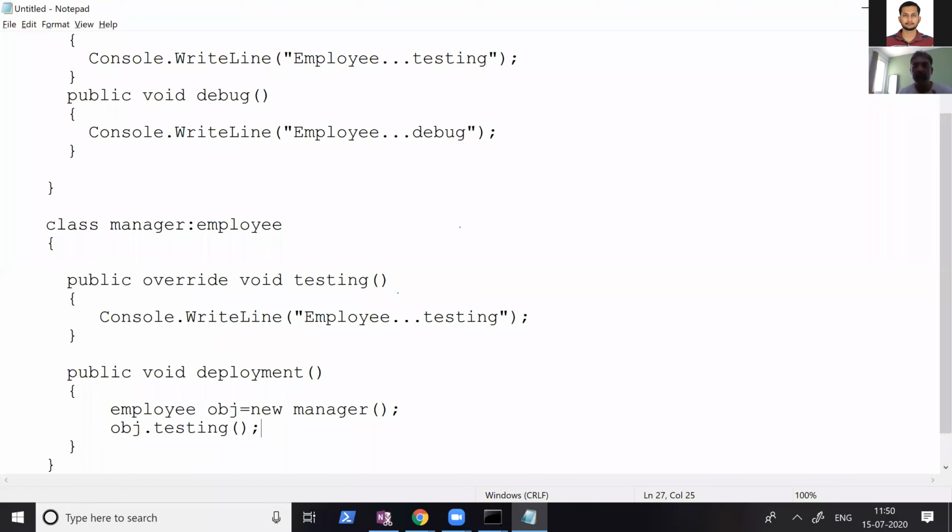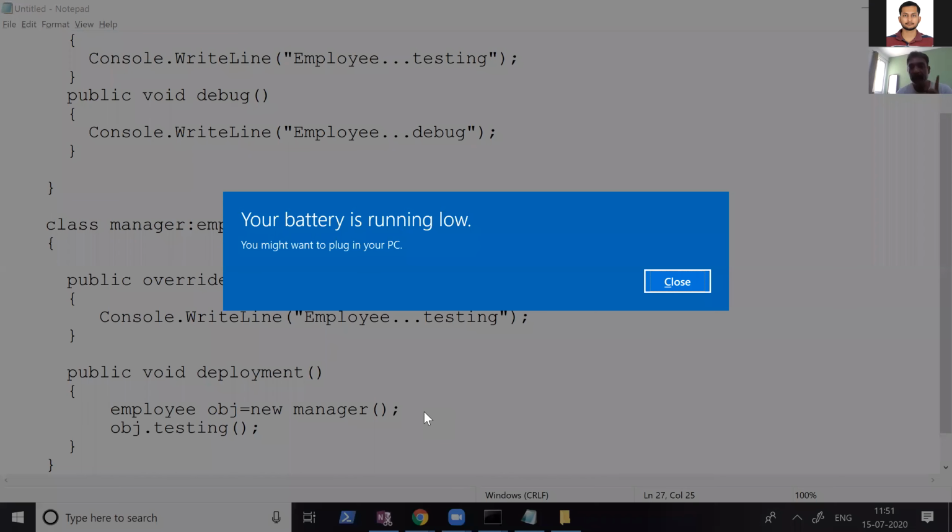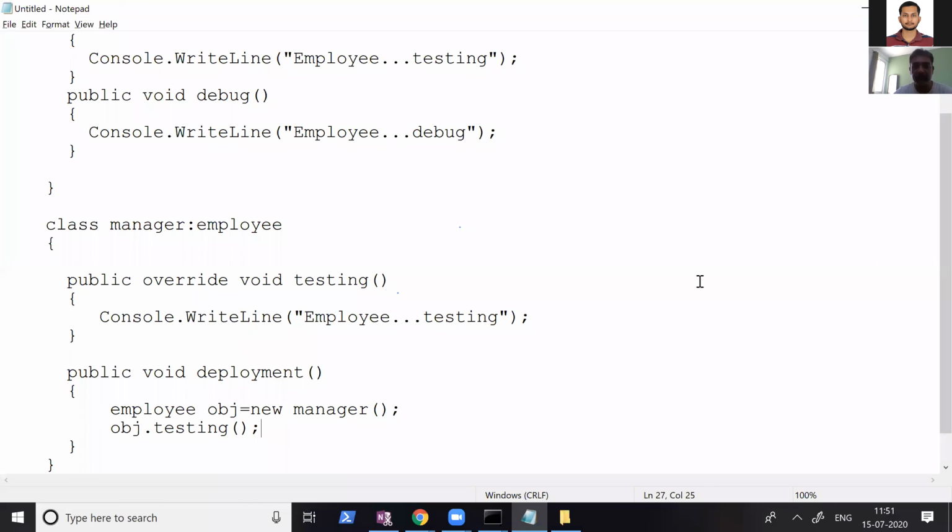The compiler will set up the V table at compile time, but resolve at runtime. So obj will resolve to know this testing function will be called from the V table of manager, not the V table of employee.